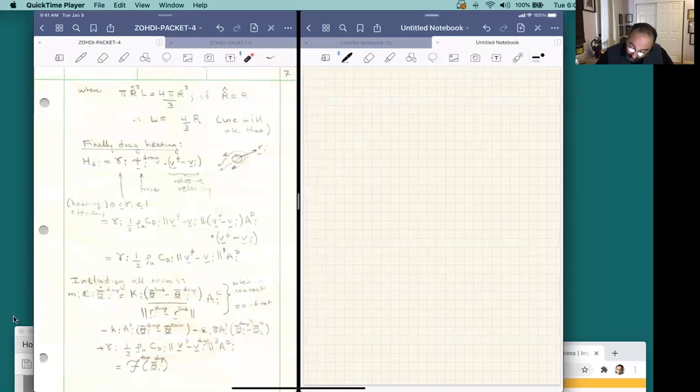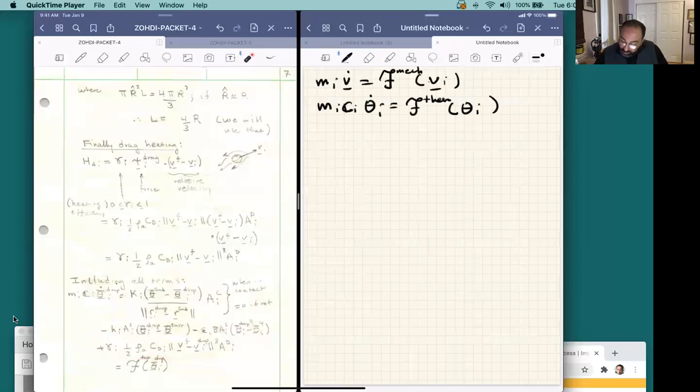We have number 1, we have m I v dot of I equals some type of forces. We'll call this f for the mechanics, times v of I. And then we also have m I c I theta dot of I equals f of the thermo, as a function of theta I of the thermo. Notice a couple of important things here. Number 1,